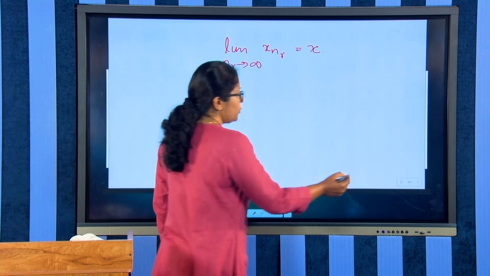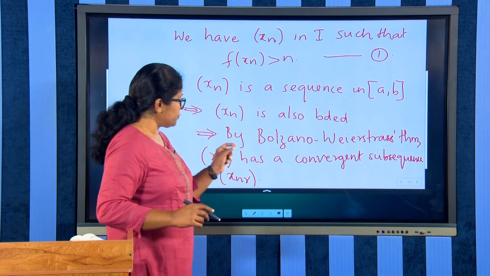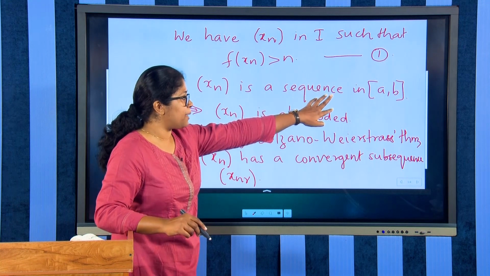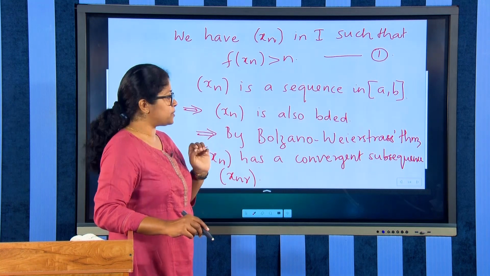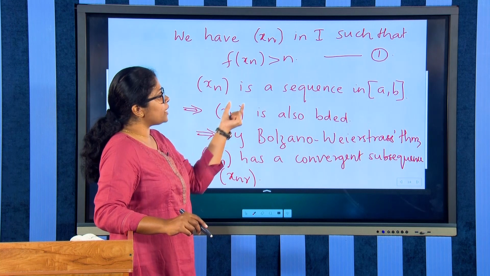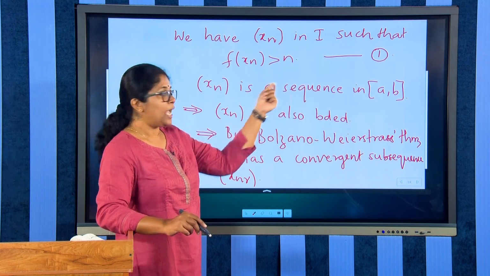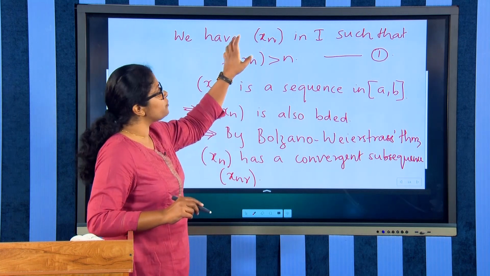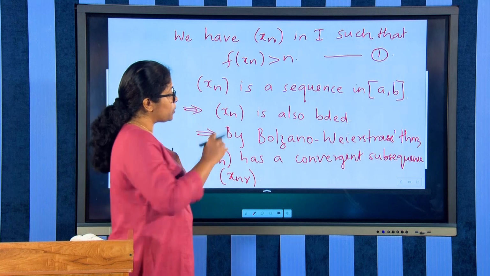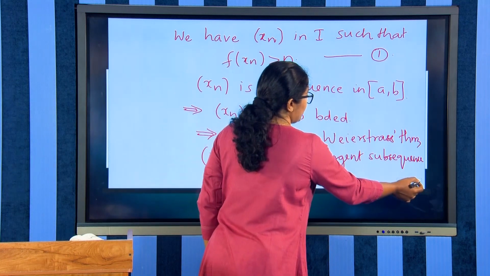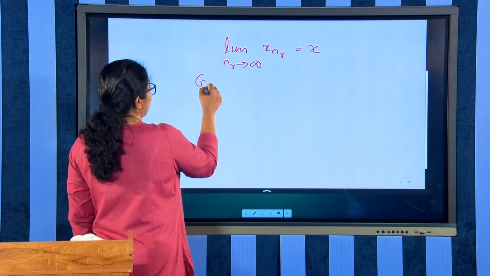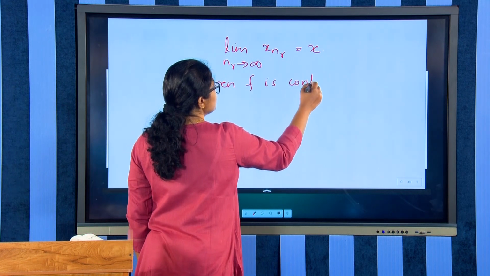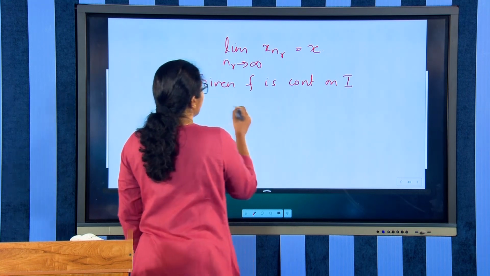So, we have your sequence xn, which is a sequence in [a, b] having a convergent subsequence. Because sequence xn is a sequence in [a, b], every point of xn has an image, because f is defined from the closed interval I to R. Given f is continuous on I, which means